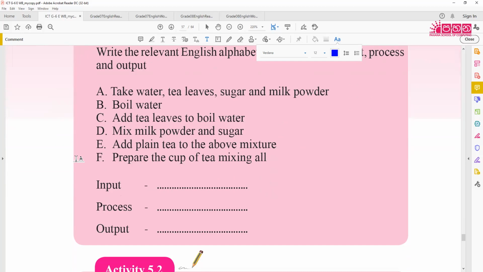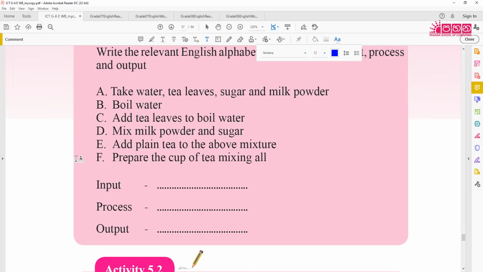We'll start with Netmi. Yes, you are trying to prepare a cup of tea. And to prepare a cup of tea, what do you need? What are the inputs? Yes, Senhiru,